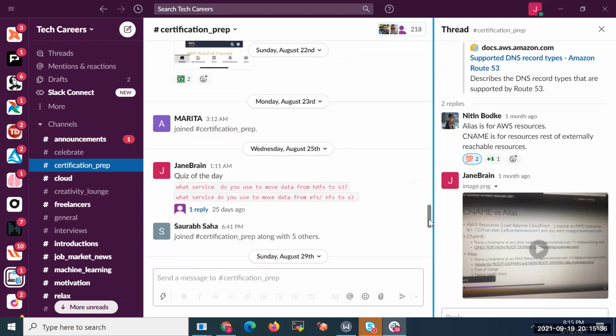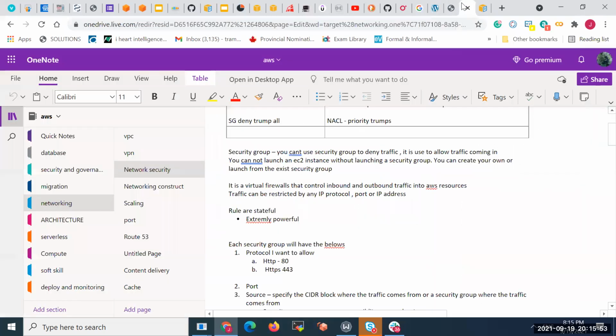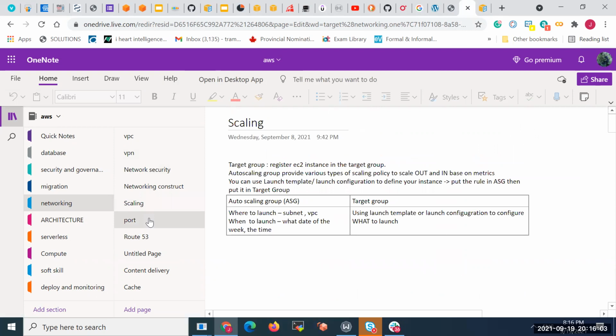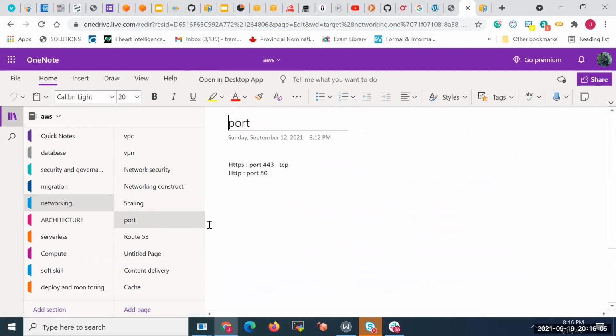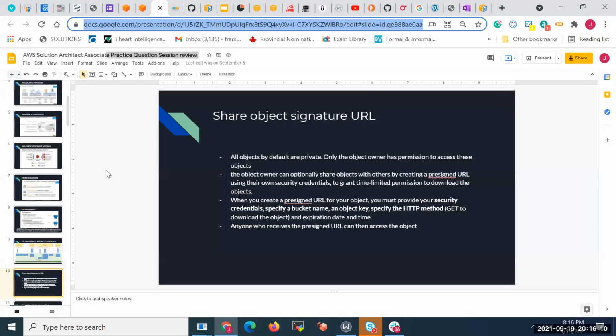this one, which is not about networking, so you don't have to worry about that. This one, NACL and SG. So review this also. Okay, so those are the main components for the VPC and networking. Of course, there's also scaling, and there's a list of ports that you need to remember. I have that in the slides here, in the first slide.